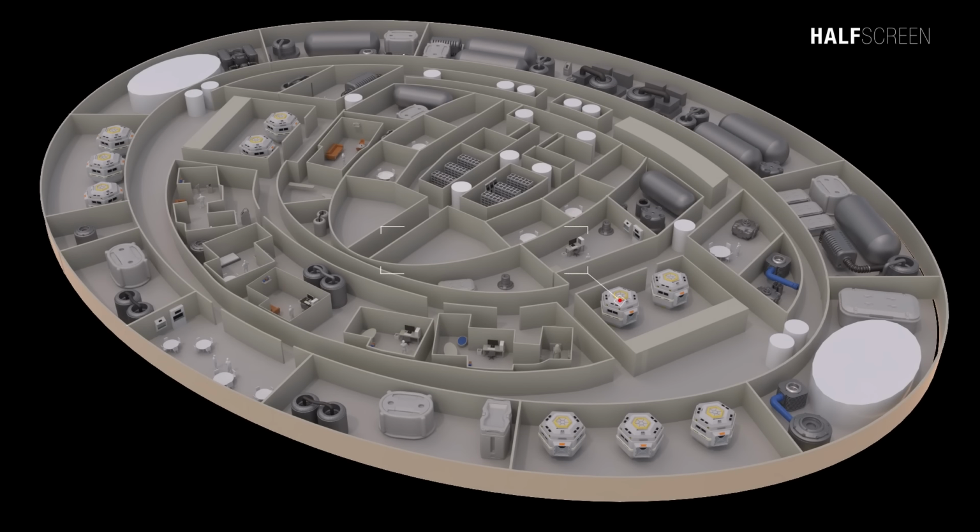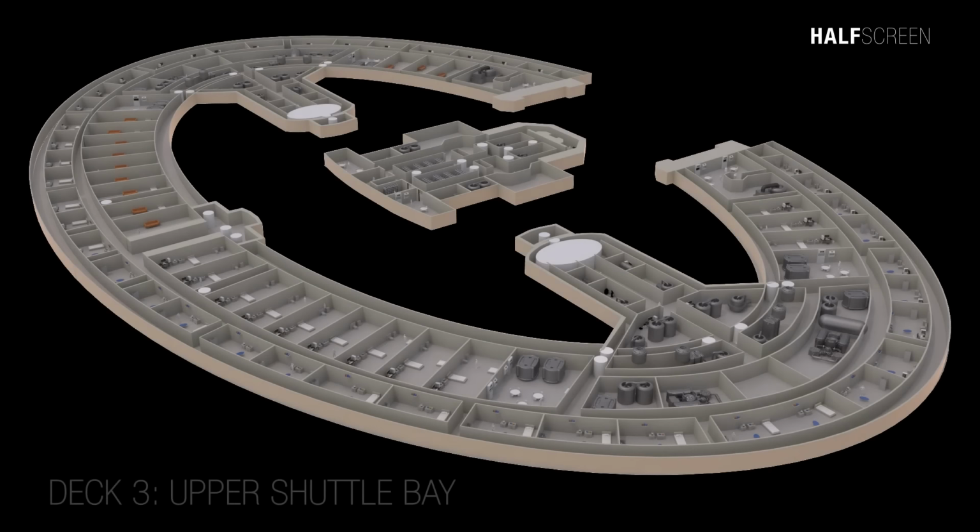Furthermore, a crucial feature was the presence of lifeboats, also known as escape pods. On both the port and starboards was the extendable docking elevator that connected directly to the main shuttle bay. Continuing our descent to Deck 3 and 4, these particular levels were exclusively dedicated to the shuttle bay, a vital